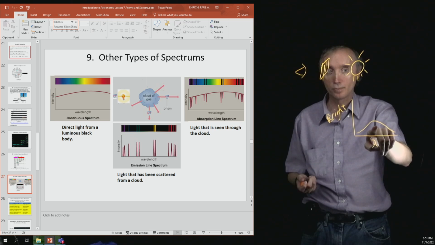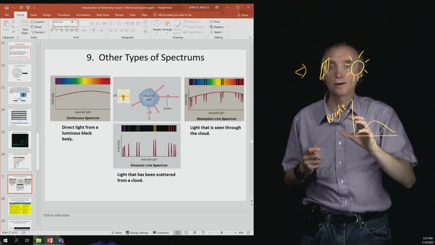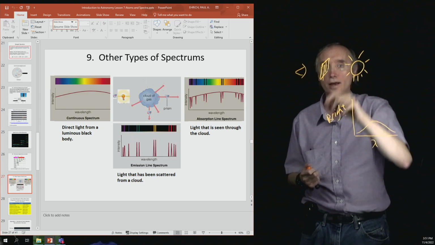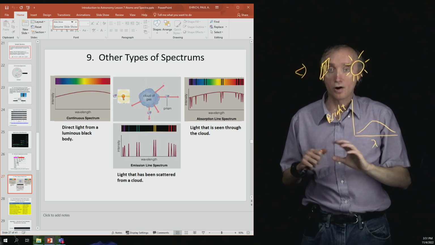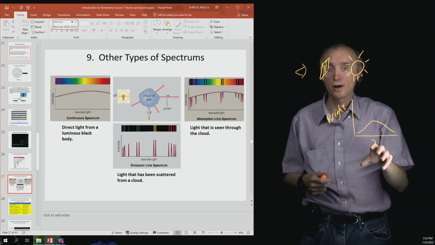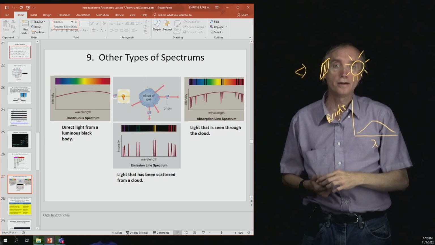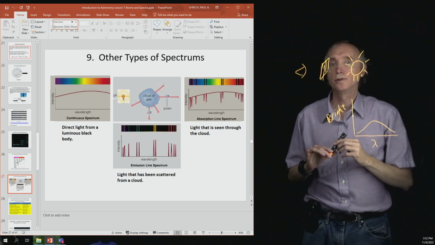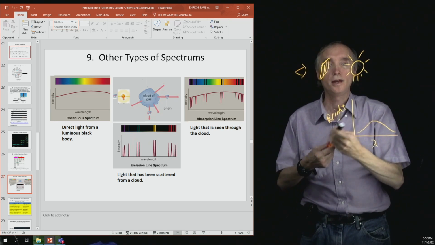So this thing here was a black body spectrum, so that when you are looking directly at a luminous object, and then you're looking at it through your diffraction grating, you're going to see all the colors of the rainbow, and one of those colors is going to be the brightest because you're looking at a black body curve of that object. All right, so now let's pretend that here's our light bulb here,